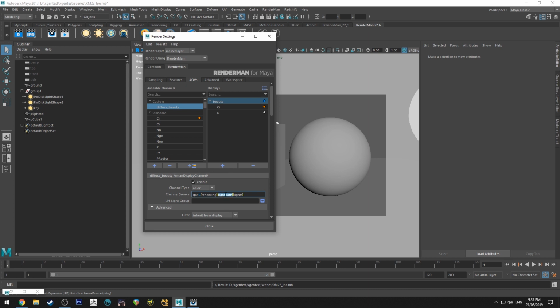So the light path, you can determine how many bounces, which bounces you want to use. You might want to use the 2nd and the 4th bounce, or you might want to use all of them, or just after a certain point. And the lights, you can isolate lights in the scene. You can use all the lights by default with a specific input. Okay, so we're going to start our expression as LPE colon C for camera.